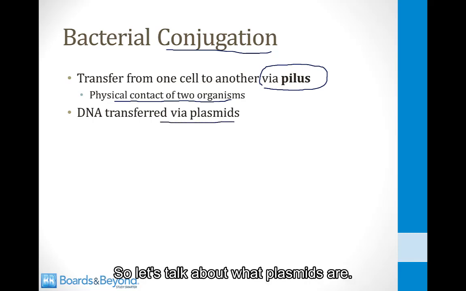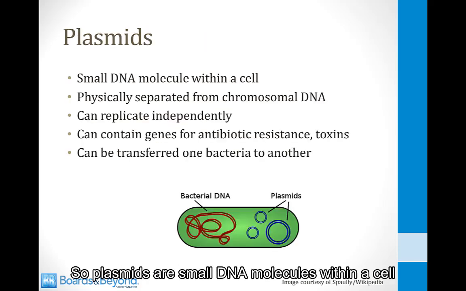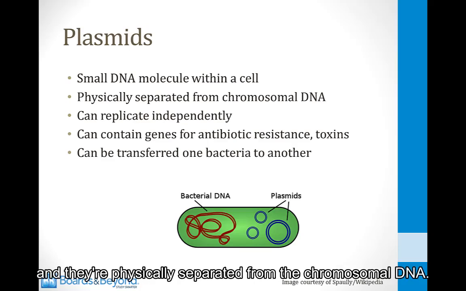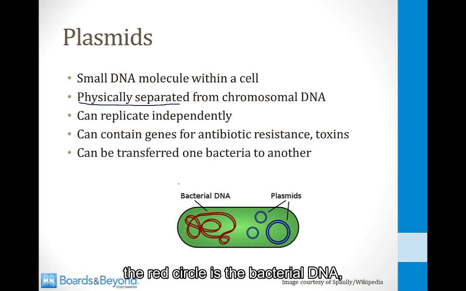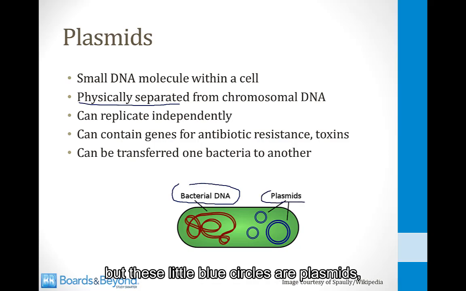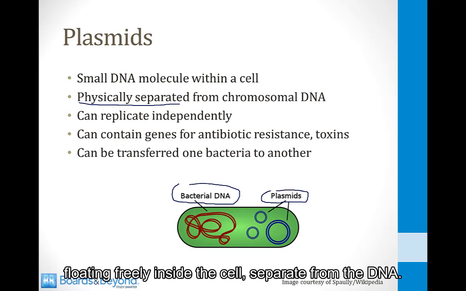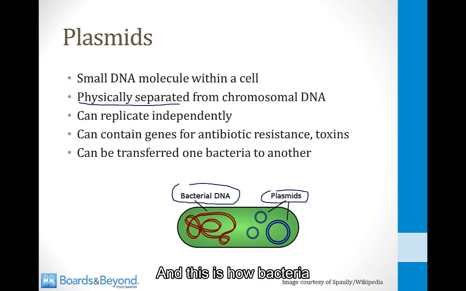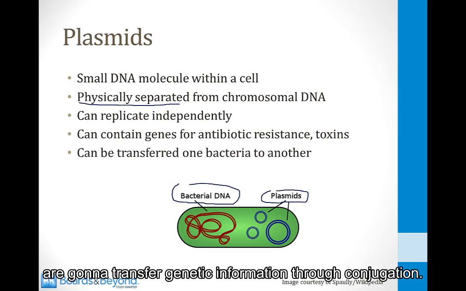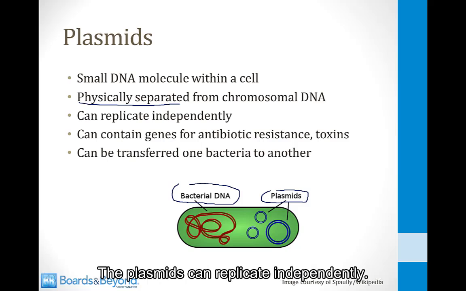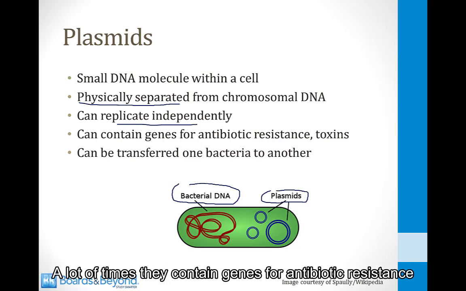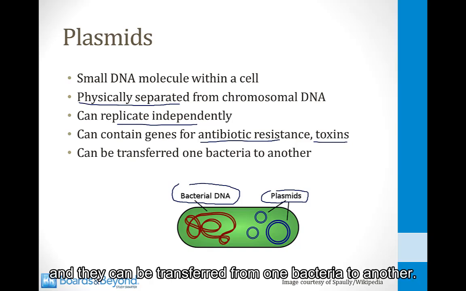So let's talk about what plasmids are. Plasmids are small DNA molecules within a cell, and they're physically separated from the chromosomal DNA. If you look at this picture down here, the red circle is the bacterial DNA, but these little blue circles are plasmids. They're little bits of genetic information floating freely inside the cell, separate from the DNA. And this is how bacteria are going to transfer genetic information through conjugation. The plasmids can replicate independently. A lot of times they contain genes for antibiotic resistance or for toxins,